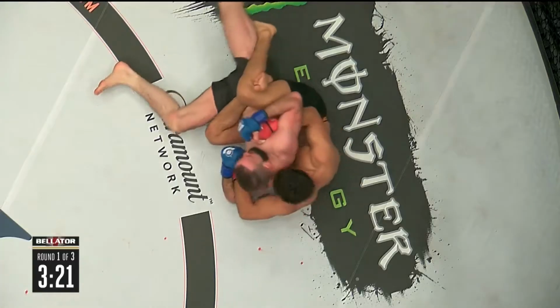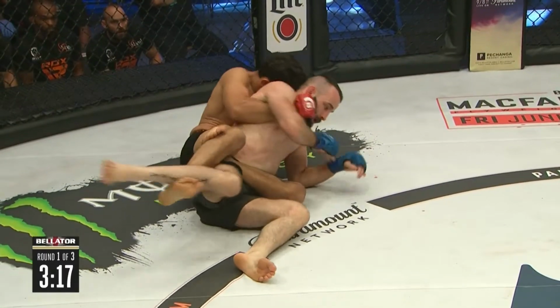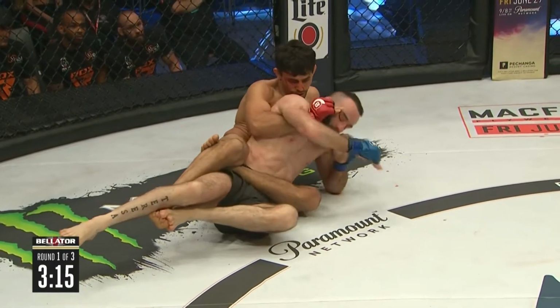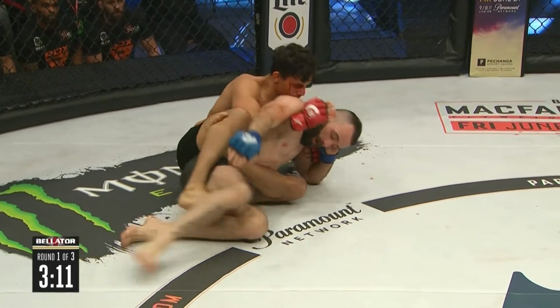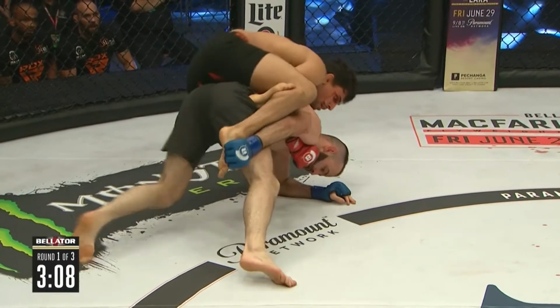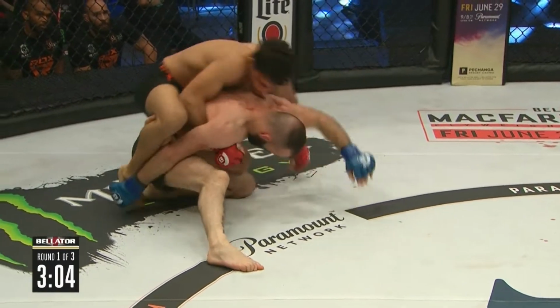He needs to get hip to hip. Once he got hip to hip, now he's locked into his back. He's got the body triangle. He's got to work to get himself out. He needs to put that foot to the ground instead of having it up high. Carvalho has been submitted, one of his 3 losses via rear naked choke, and Crawford in position now to try